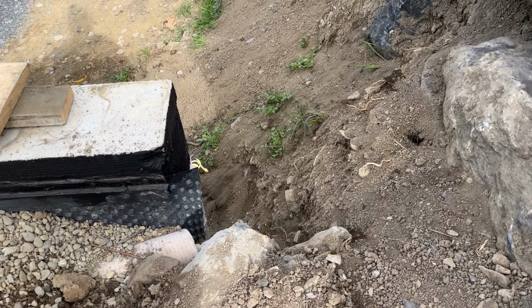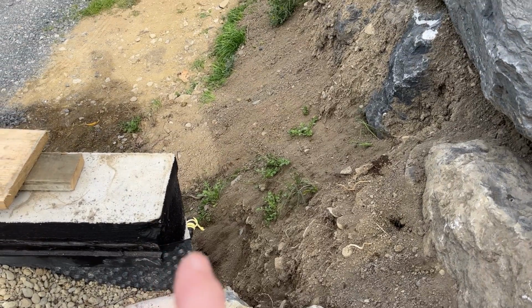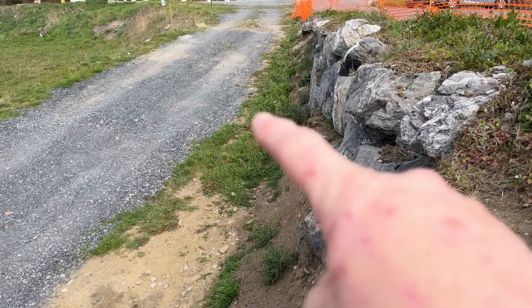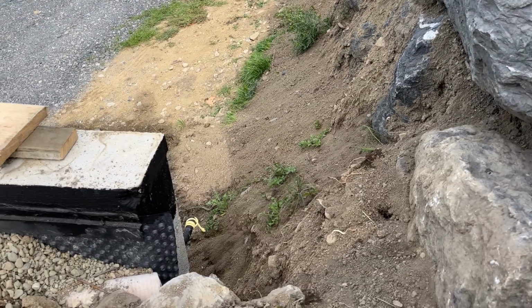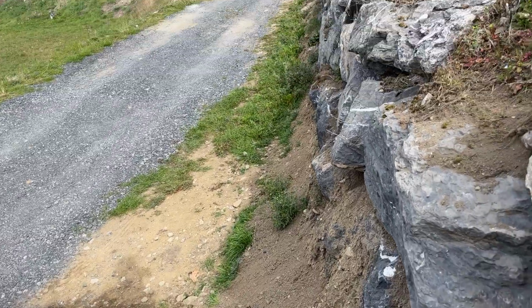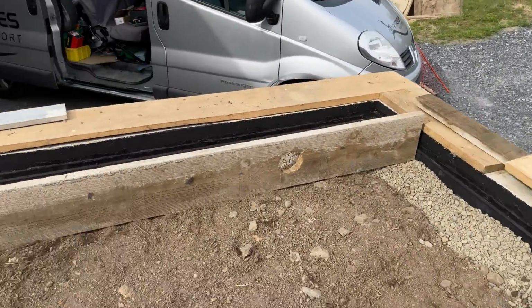To allow me to do what I want to do here with my plants, because from this end the wall is going to continue and carry on along here up the drive. So that's why it just doesn't look finished there, but there is a reason. There's a wall that's going to carry on along the drive. So I've got my boards in,